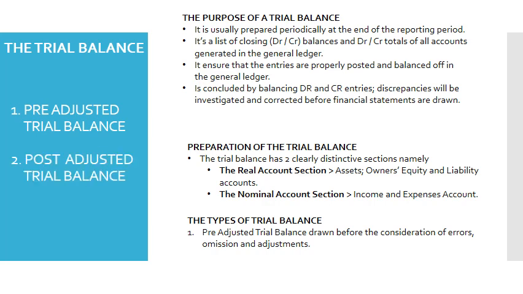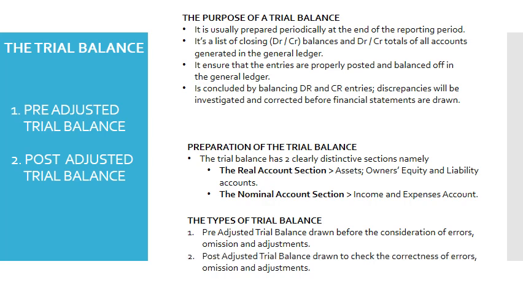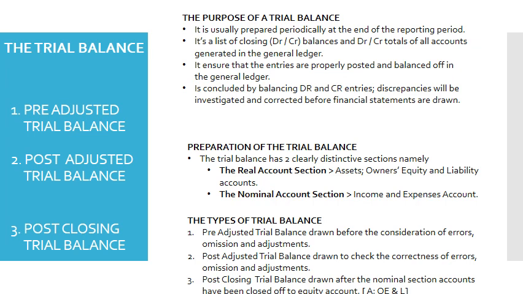Thereafter, the second trial balance that will be presented will be the post-adjusted trial balance. This is a trial balance that will be drawn to check the correctness of errors, omissions, and adjustments. After the completion of the post-adjusted trial balance, the first financial statement, being the statement of profit or loss and other comprehensive income, can be drawn. Then the last type of trial balance will be the post-closing trial balance. This is a trial balance that will be drawn after all the nominal sections have been closed off to equity accounts. On this trial balance, the items that will be captured will only be the asset accounts, owner's equity accounts,